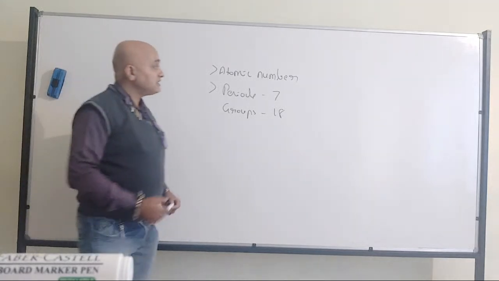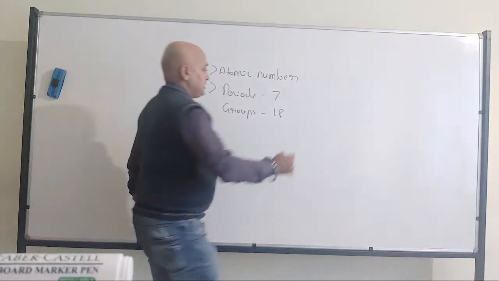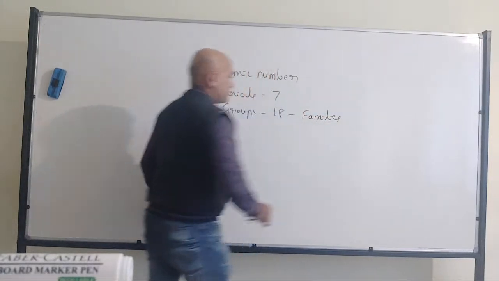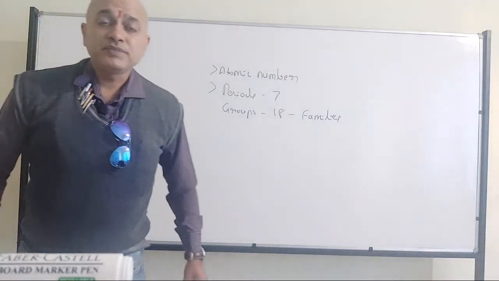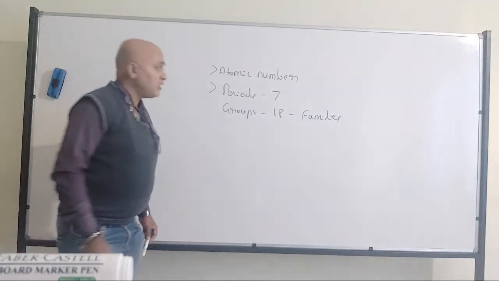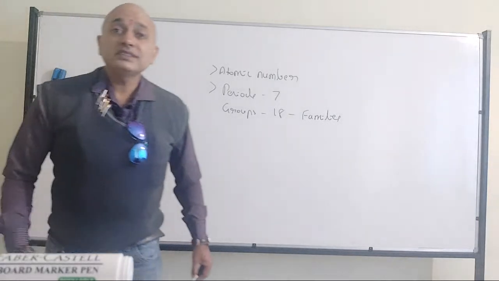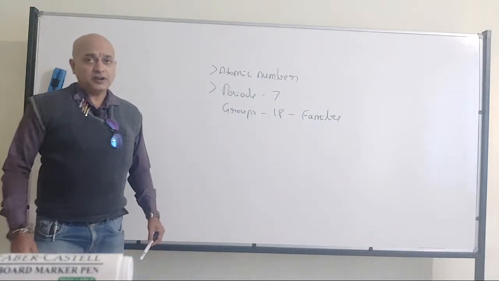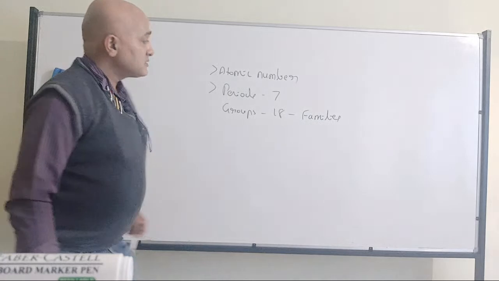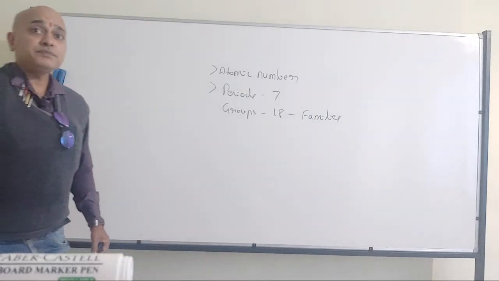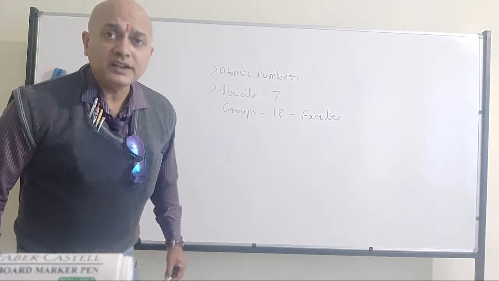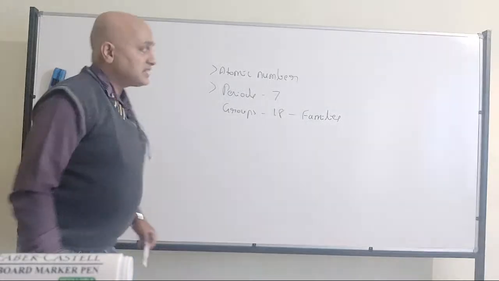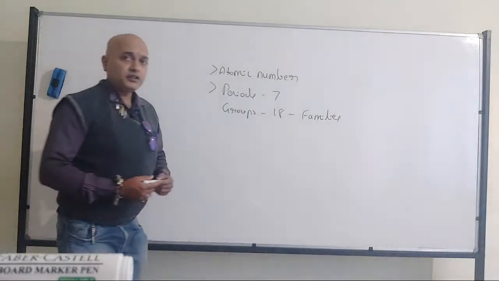So that's the modern periodic table. And groups are also called families. That is because those elements which belong to a particular group have similar properties, which is due to similar outer electronic configuration, right? When it comes to periods, when you are moving from period 1 to period 2, that means we are moving to the next energy level, right?